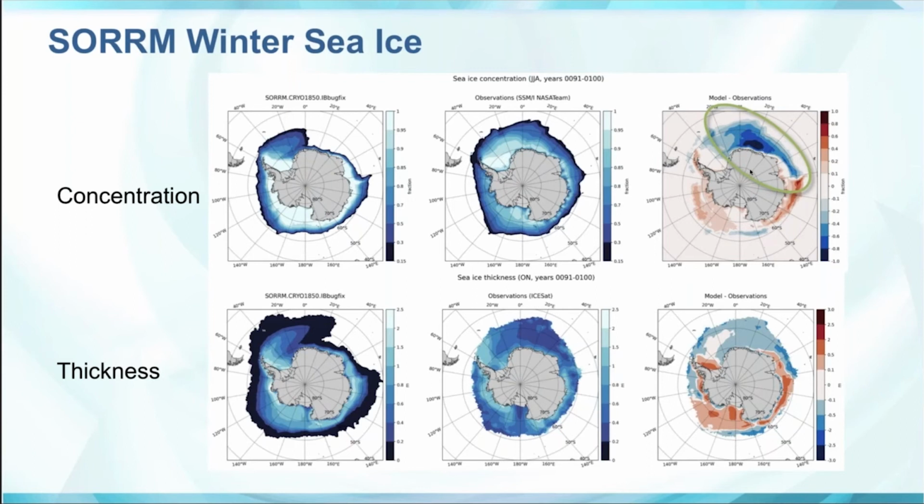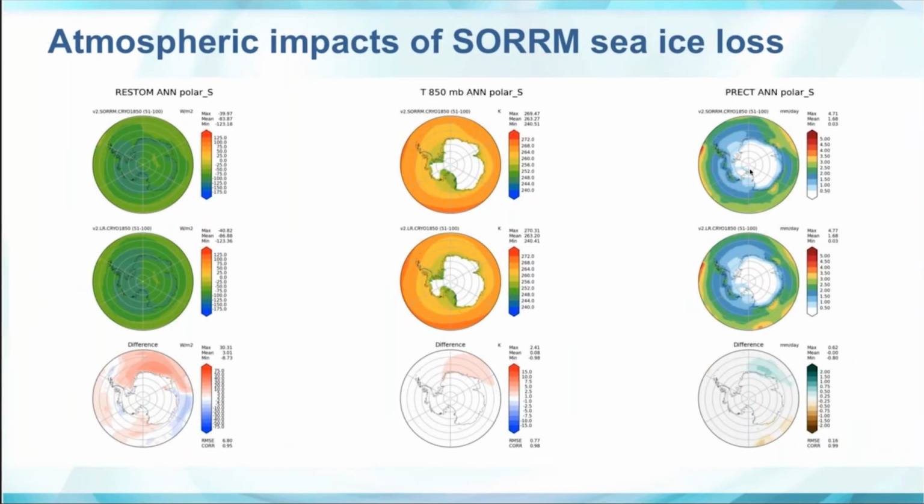And then this feeds up to the atmosphere, where we're seeing strong differences in the radiation budget. What I'm showing here is the difference between the SORM configuration and the low resolution configuration for the last 50 years. This lack of sea ice, this lack of insulating layer in the ocean, is having a strong effect on the radiative balance in the atmosphere, which then leads to changes in the temperature and